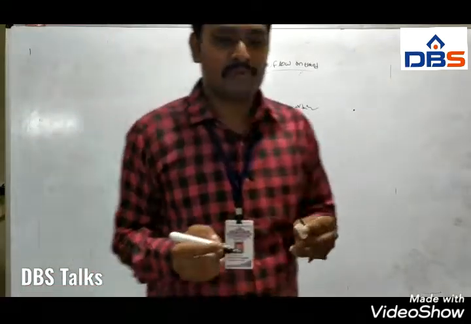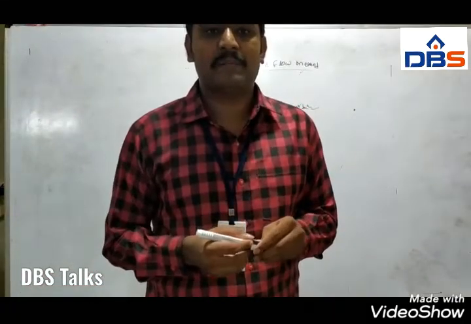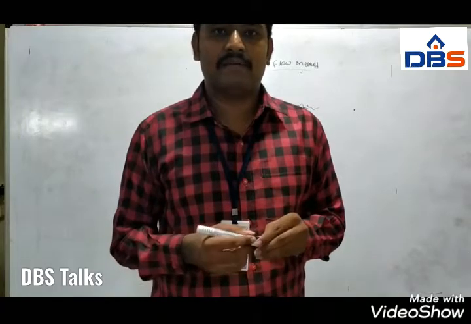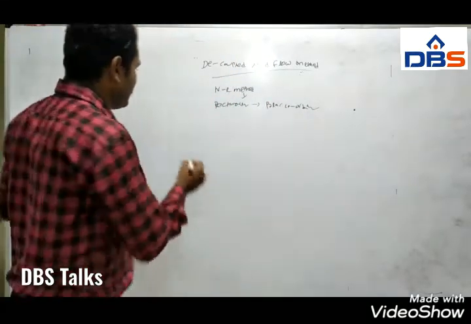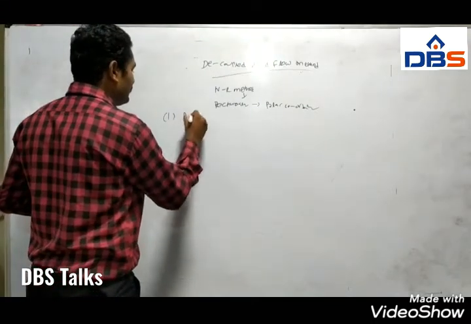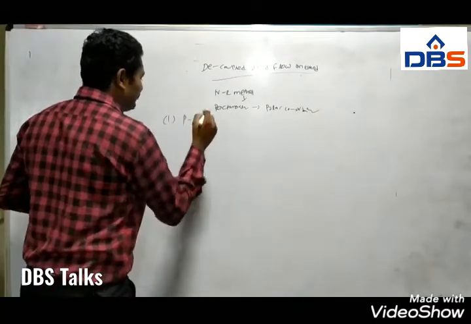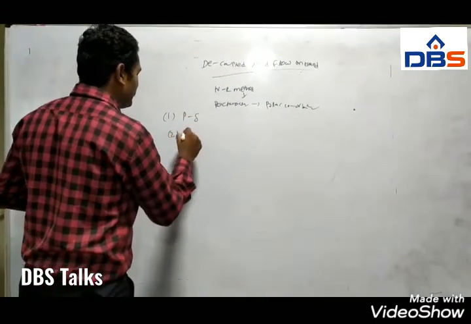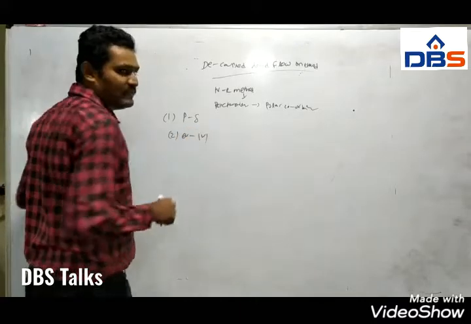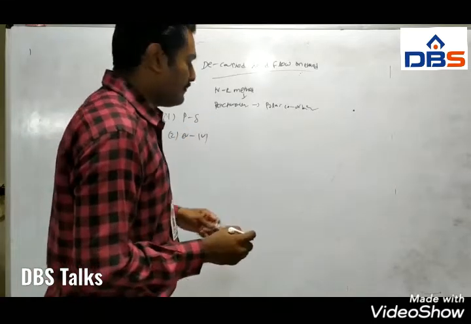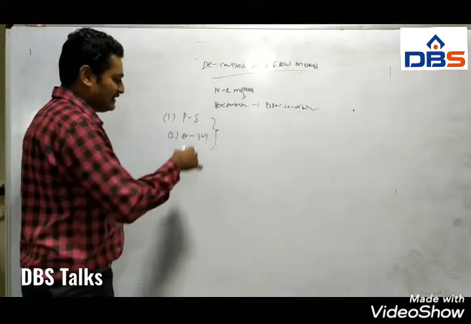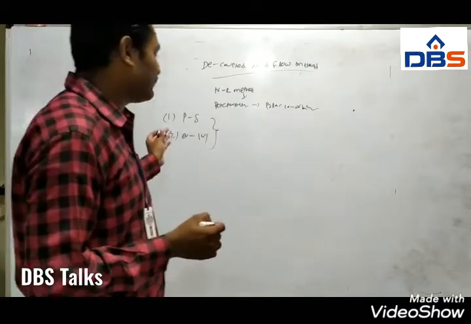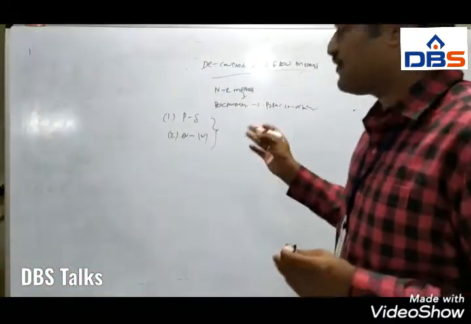This decoupled load flow method is developed to exploit the decoupling between real power and phase angle, and at the same time reactive power and voltage magnitude. That means we are taking real power P and phase angle delta, and at the same time reactive power Q and voltage magnitude V. In this one we have to strengthen the connection between these four parameters. For that we are using the decoupled load flow method.